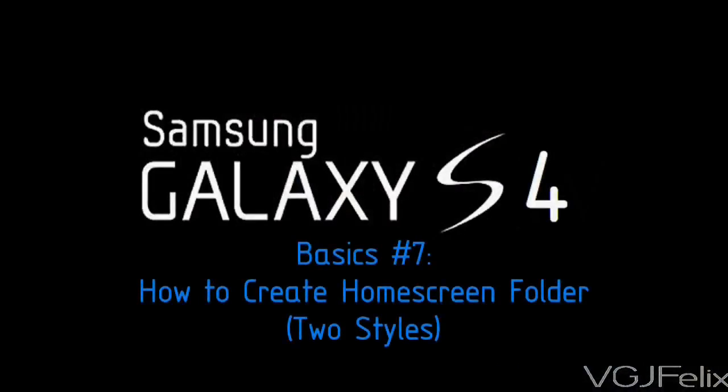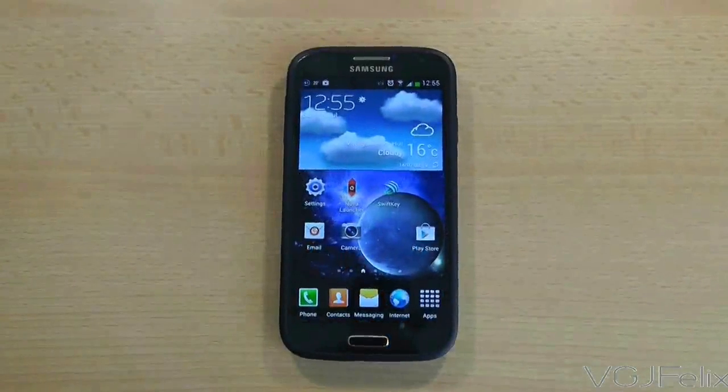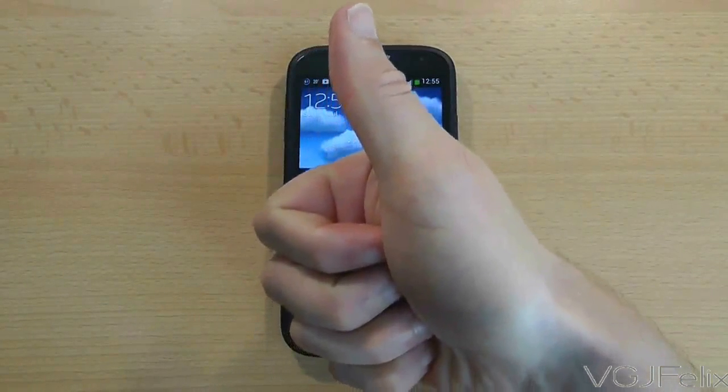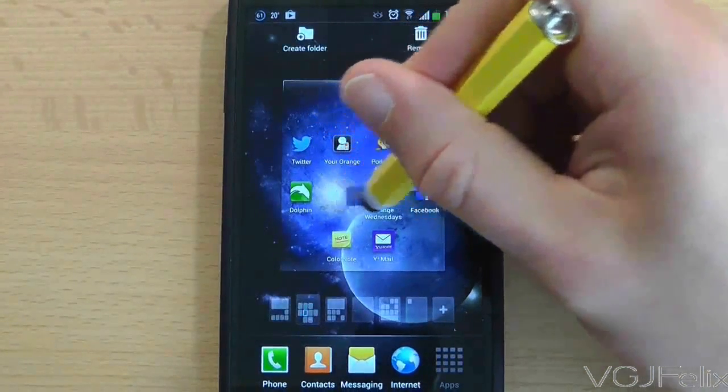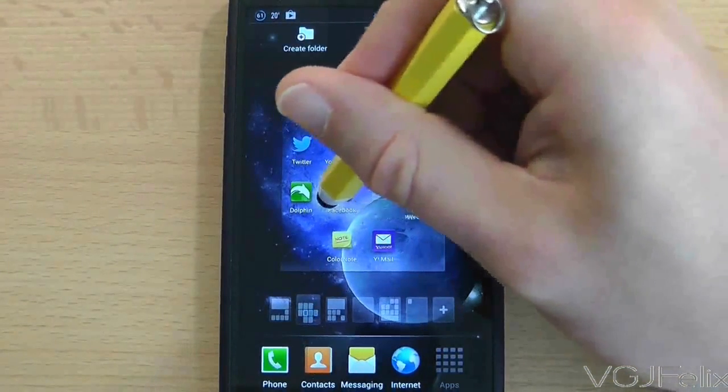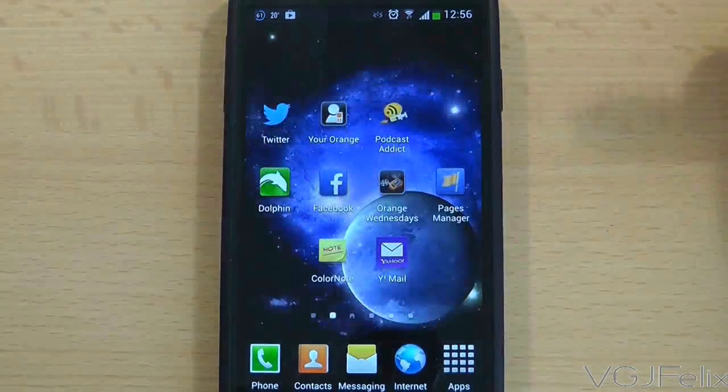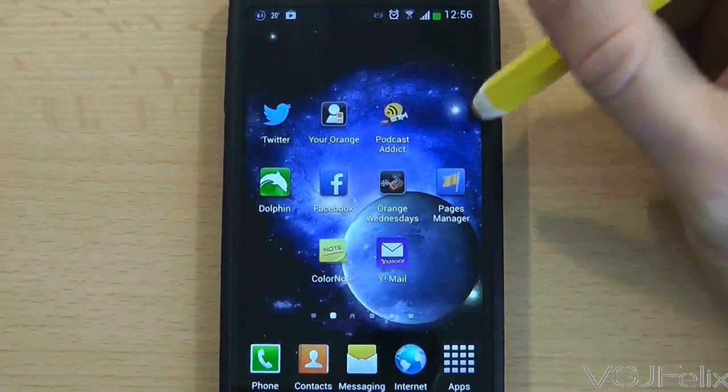You will soon find that your home screen fills up with applications as you download them from the Google Play App Store. Thankfully, you can sort these into folders so you can better manage them, and here's how to do it with the Samsung default software. If you long press on one of the applications, you can pick it up and move it about the screen. If you drag it over another application, it will simply push it to the side,